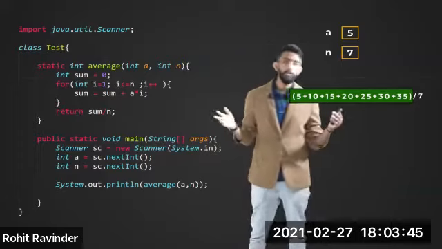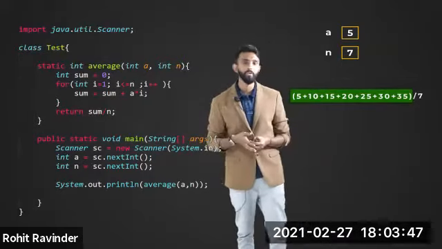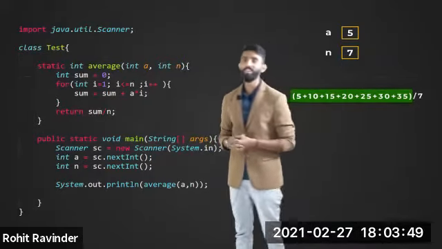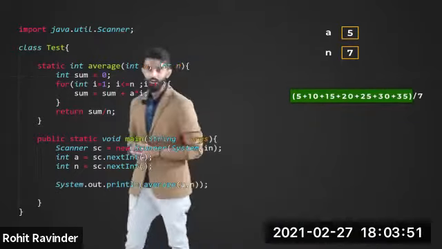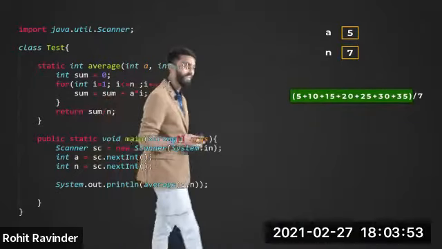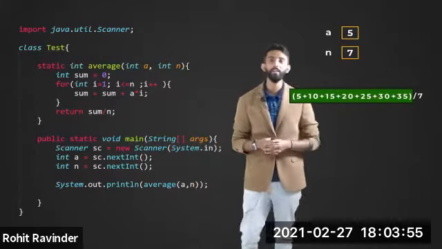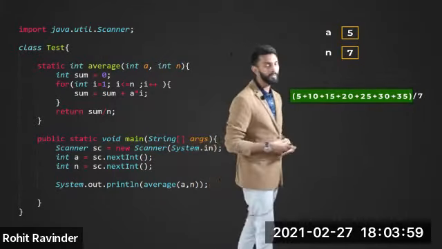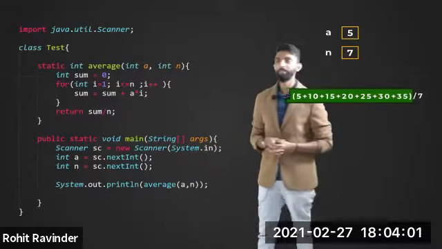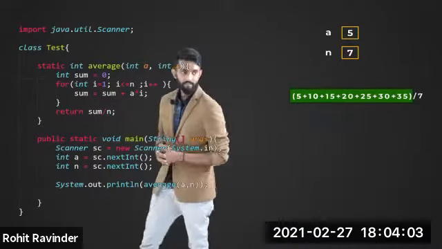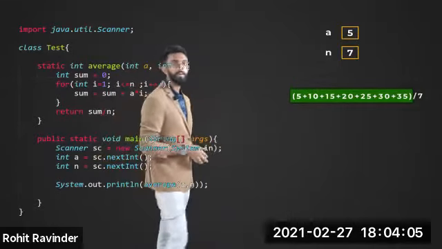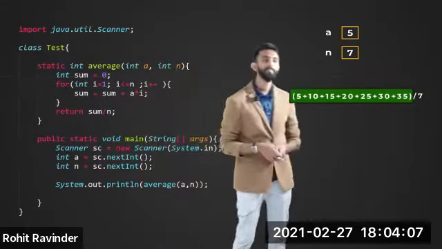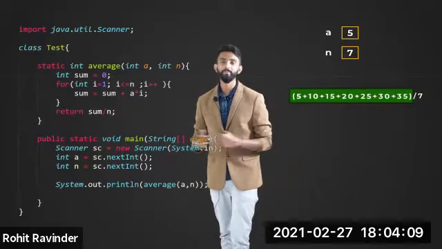Range. See, if you are using Python, obviously you can use the range function. You're too smart, Sushma. You can actually use the range function and do it, but I don't think the interviewer would be very happy with that. Yes, definitely you can do it. Sum of numbers divided by n. That is what we did, man. Sum of numbers. Okay, what else?